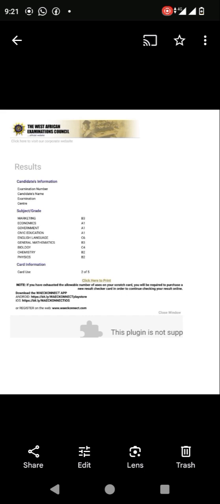Once it is like this, you can now go ahead to print it. If you now want to print the result, you can go ahead and do so. I hope that you have actually learned from this